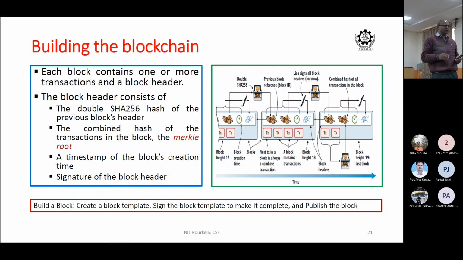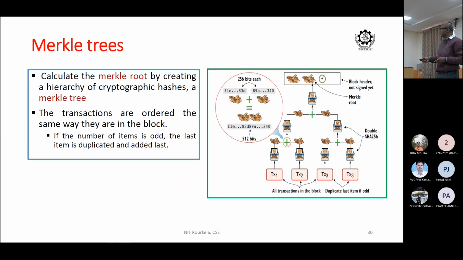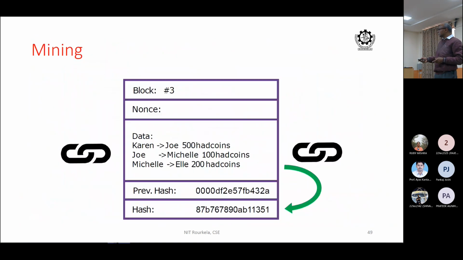You said that most of the energy is wasted in mining. Mining is computationally intensive. Look at what I said in one of the figures. The proof of work concept says that the most significant 16 bits of a hash have to be zero, right? So you give any data to a hash function, it will give a fixed number of bits. You pass A to SHA 256, it will generate 256 bits.